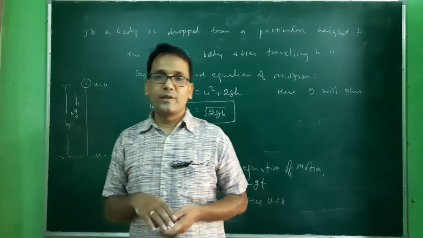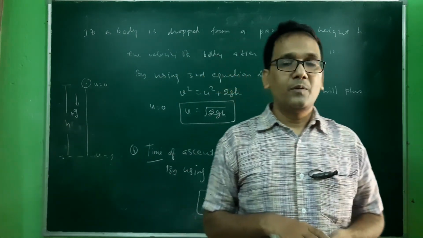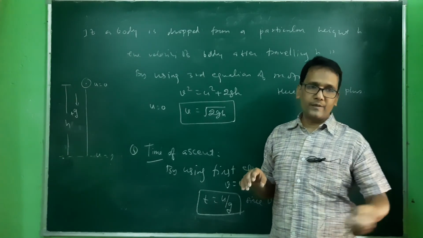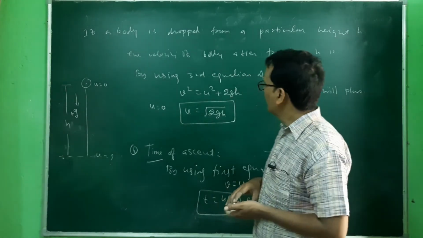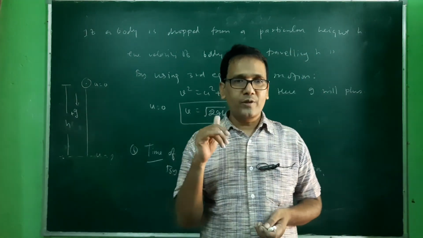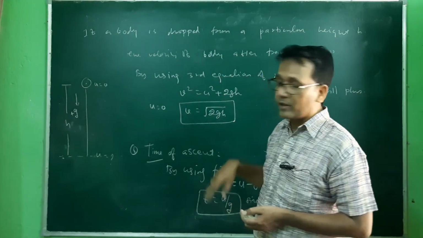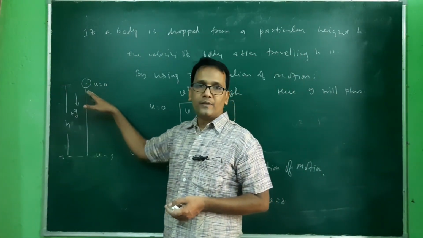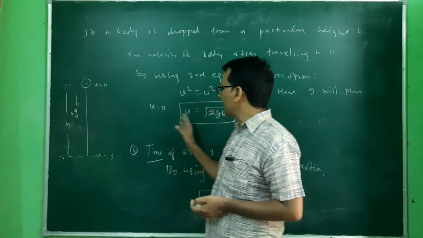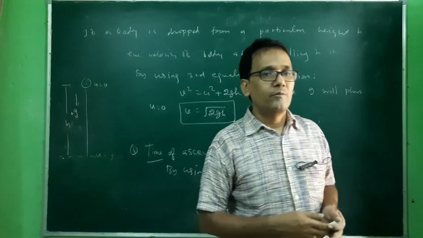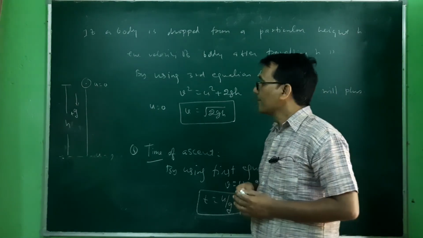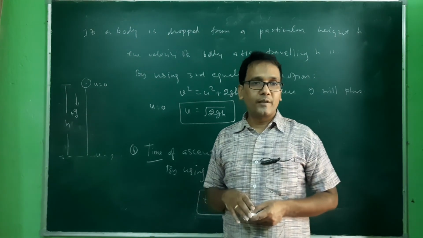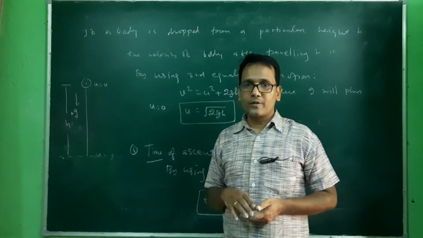So these are several formulas used in the motion of a body under gravity, due to acceleration due to gravity on the earth. So we can use the three equations of motion and we can get three to four more formulas: the maximum height attained, the total time of flight, and also the velocity after crossing a particular height when the body is being dropped from that height. So I think it is more than sufficient, and now you should try to solve some problems related to this.